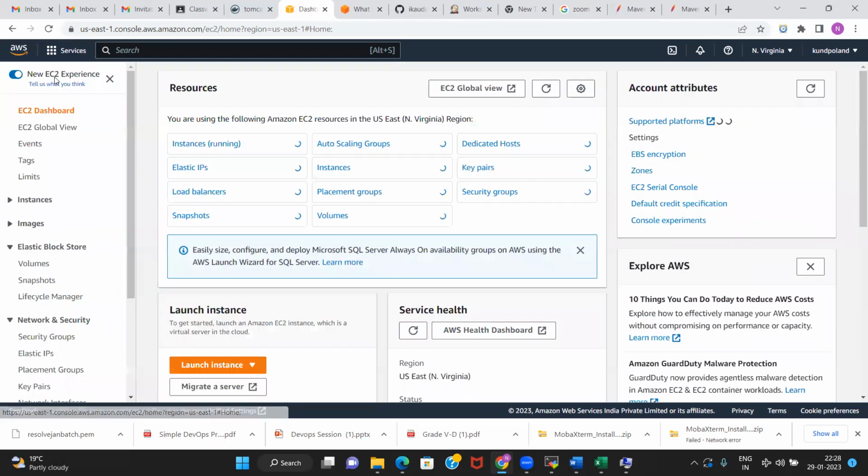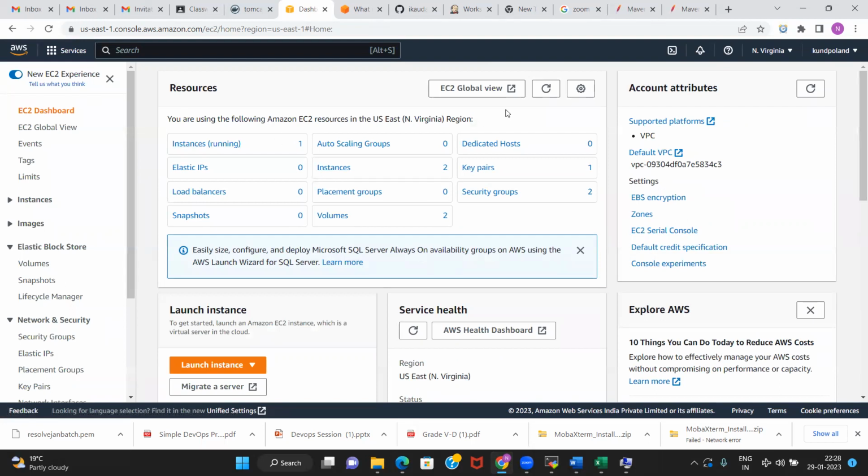Then again EC2. Once this instance is launched, it will show 2 running. It means that this Tomcat server is up and running.